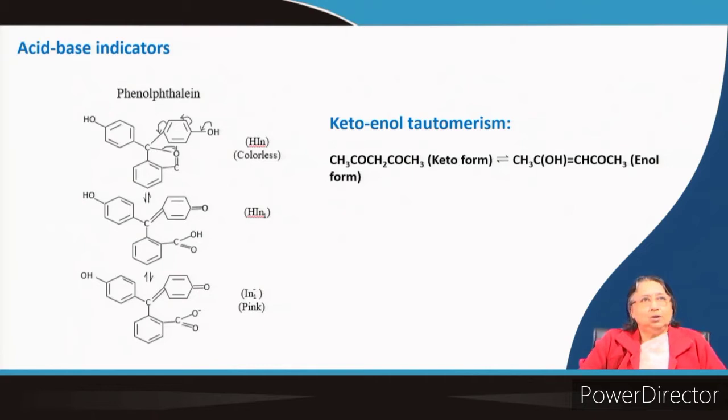Okay. So, one atom or one group can change its place, giving two different forms, and these are in equilibrium. Here also it happens the same way. If you look into this structure, you see it is the OH. Hydrogen is present here, but now this bond is broken, and this hydrogen has come here. So, this form and this form are tautomers, just like this one.